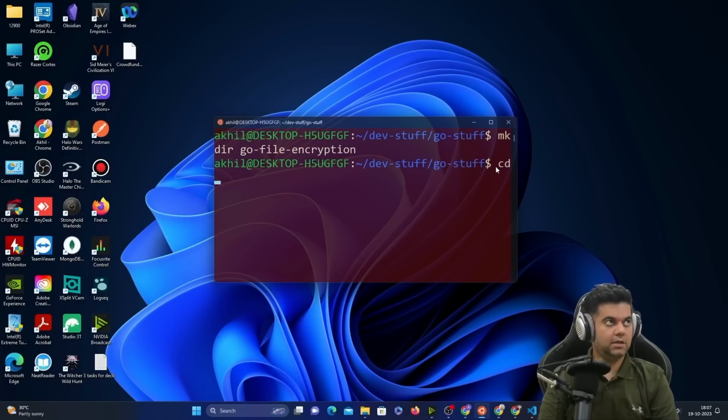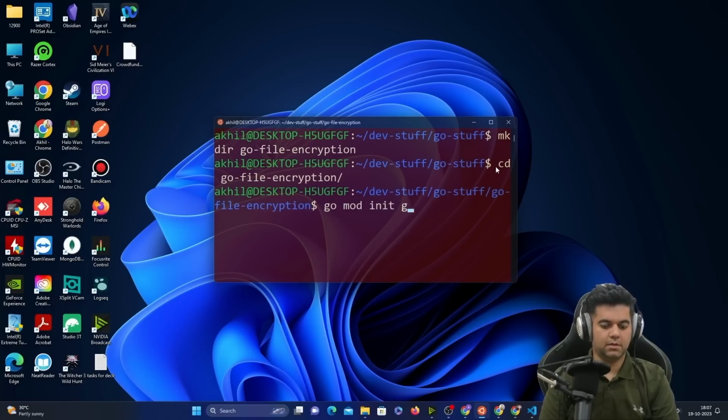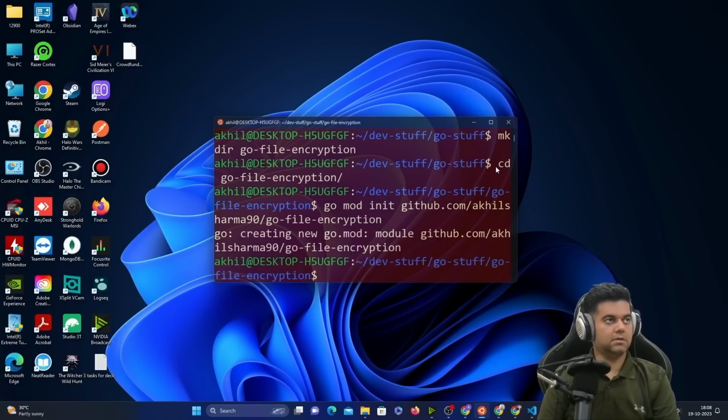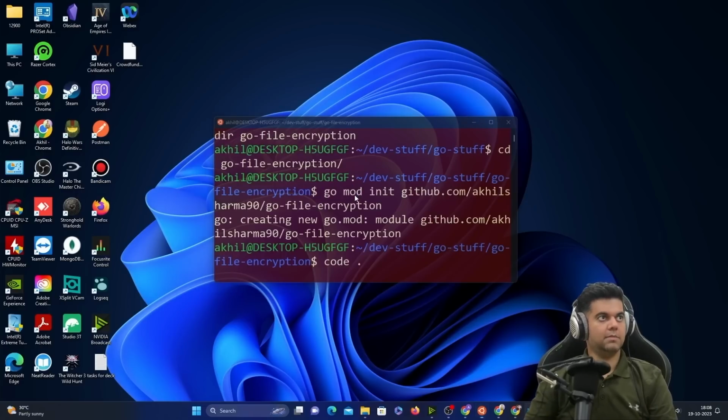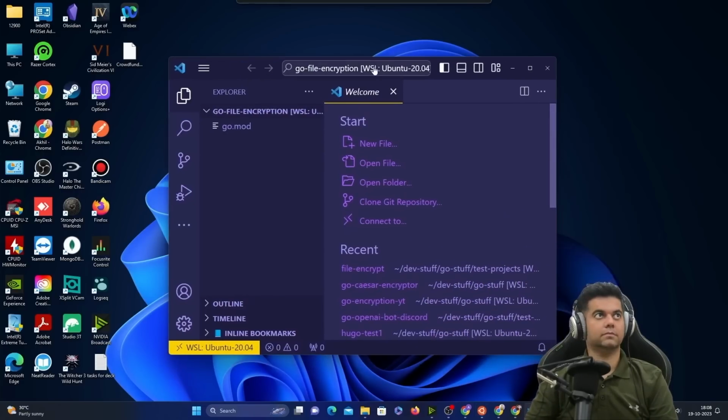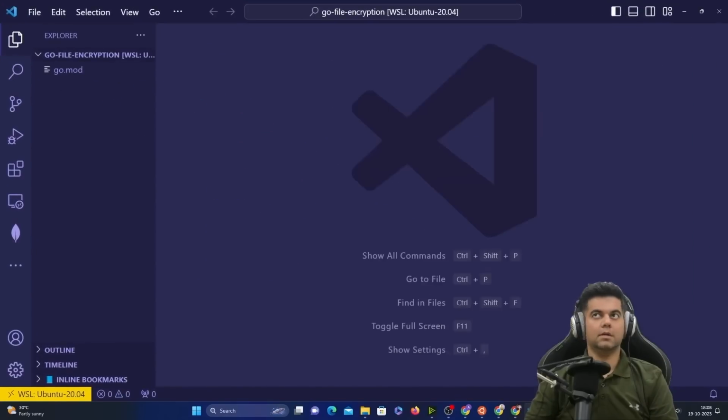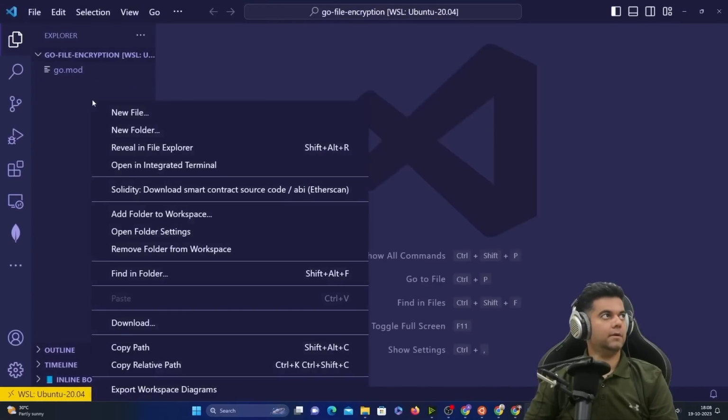So here I will cd into go file encryption, and we will say go mod init github.com/sharma90/go file encryption. This creates a go.mod file for us, which will have the list of all our dependencies, and I will just go ahead and open this up in my code editor. Here I'll just create a main.go file,